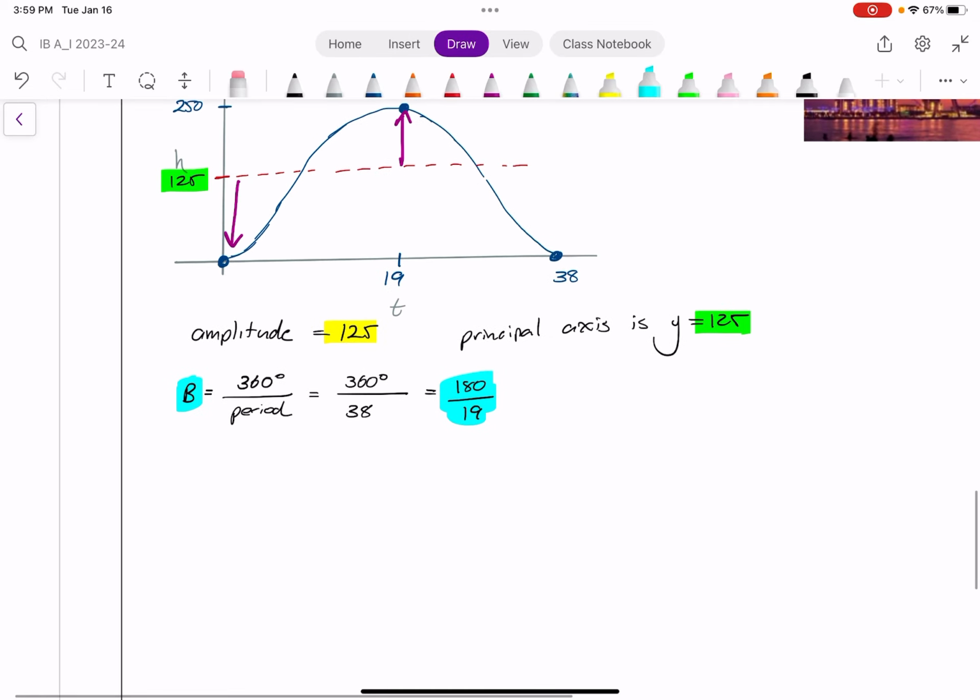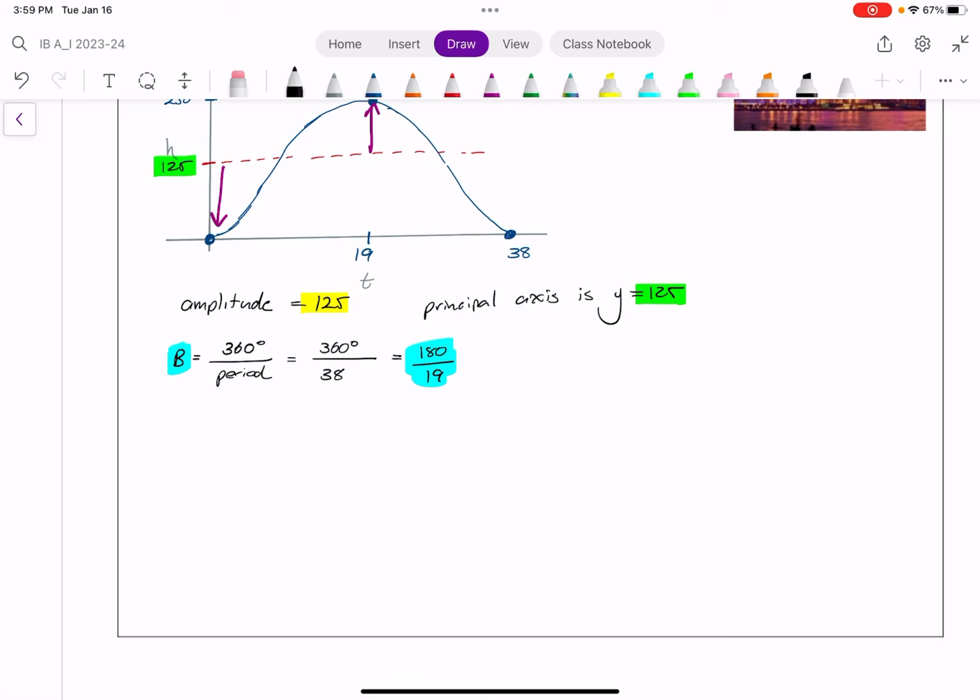So now all that's left is to think about, okay, is this going to be a sine or a cosine function I want to use? I can do either, but one is going to be a little easier. And is it going to be negative or positive? By that, I mean you may be tempted to write something like this: y equals 125 times the sine of 180 over 19x, or I'll put t for time, plus 125. I say you may be tempted to go to this because it is going to be wrong,